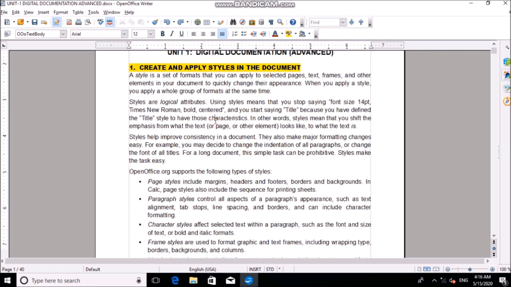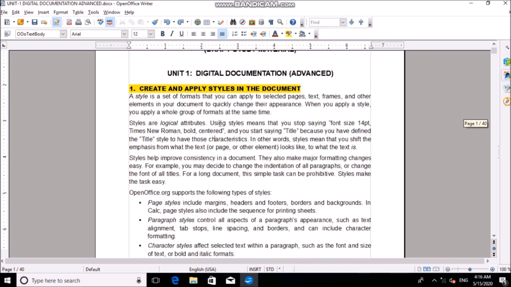So style is basically a set of formats whatever you are applying there. Let me show you from where you can actually grab this option. The first one is the menu bar, the second one is the toolbar, the third one is basically your formatting bar, the styles and formatting.